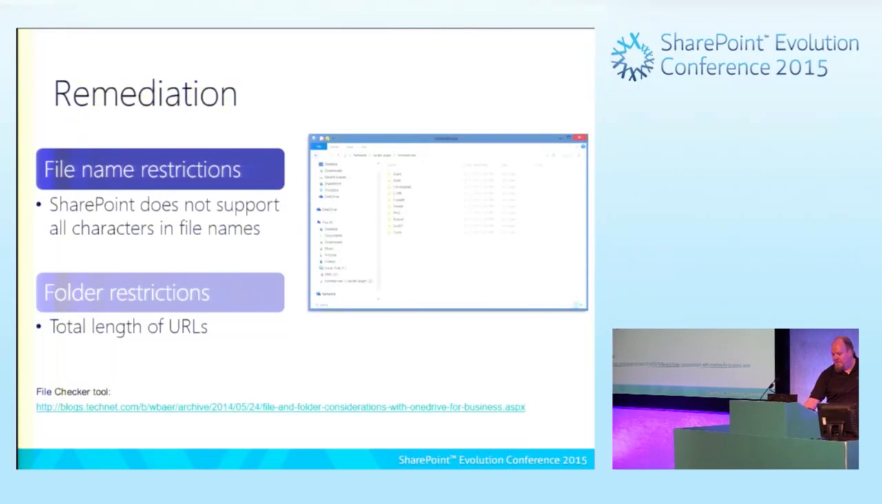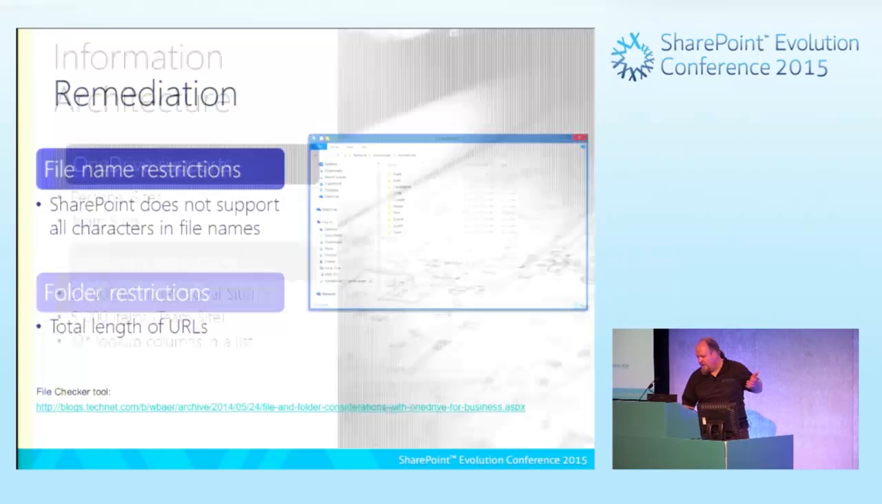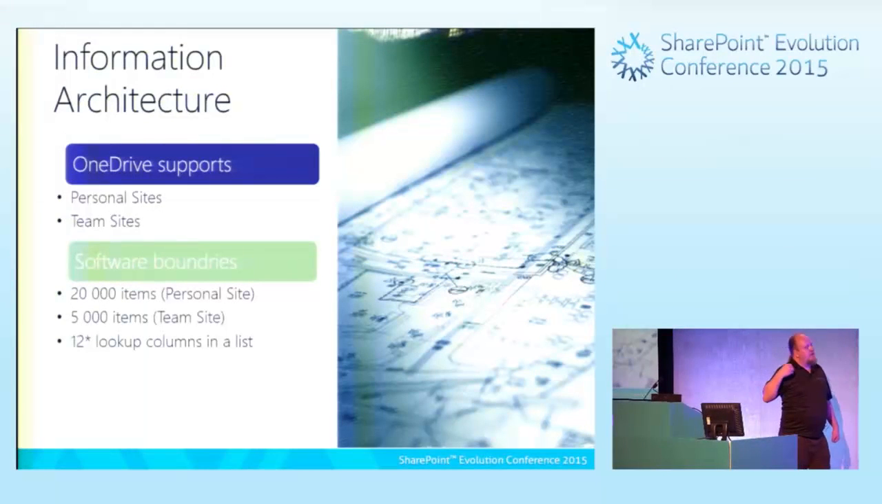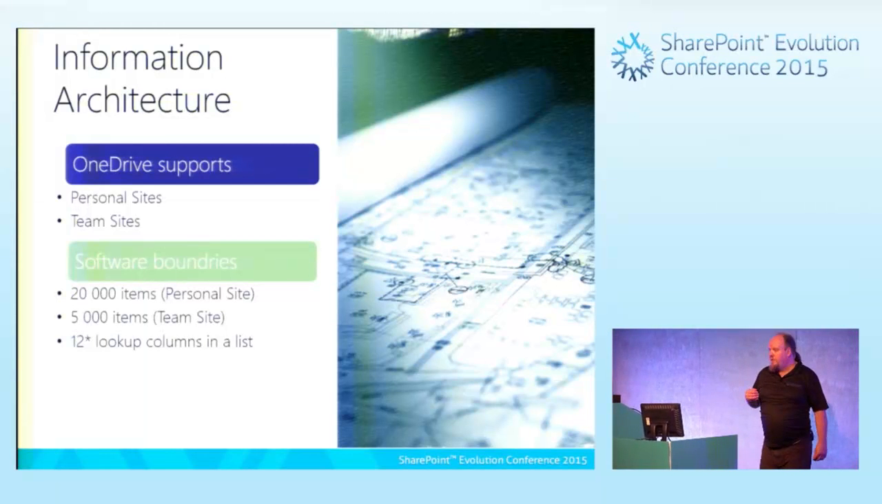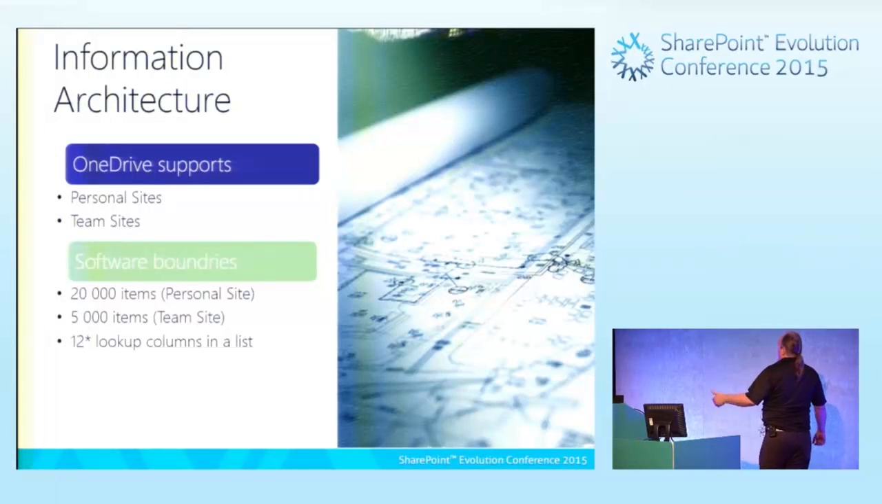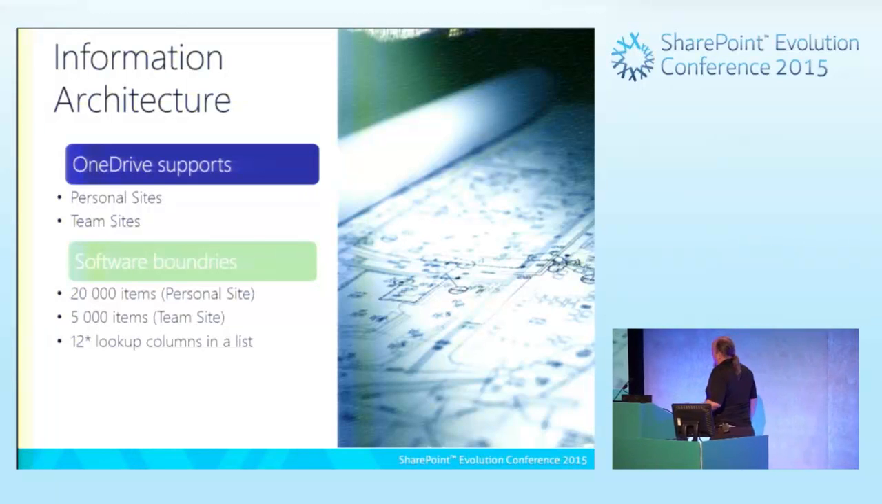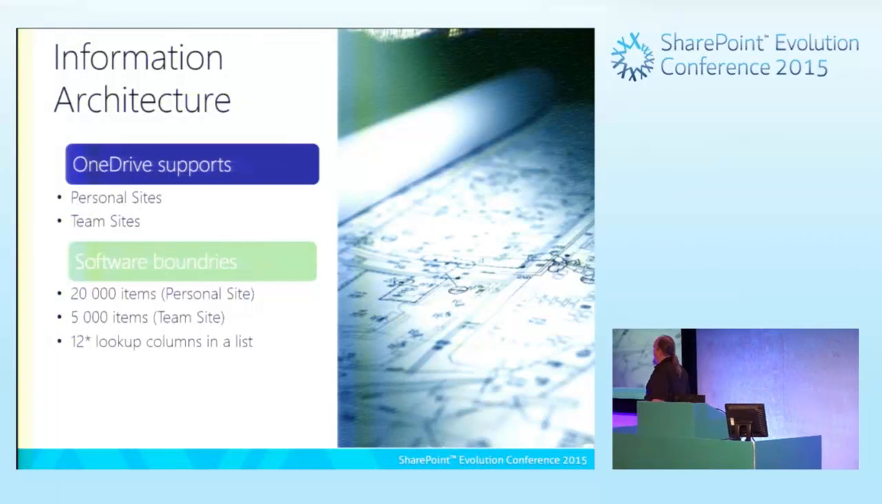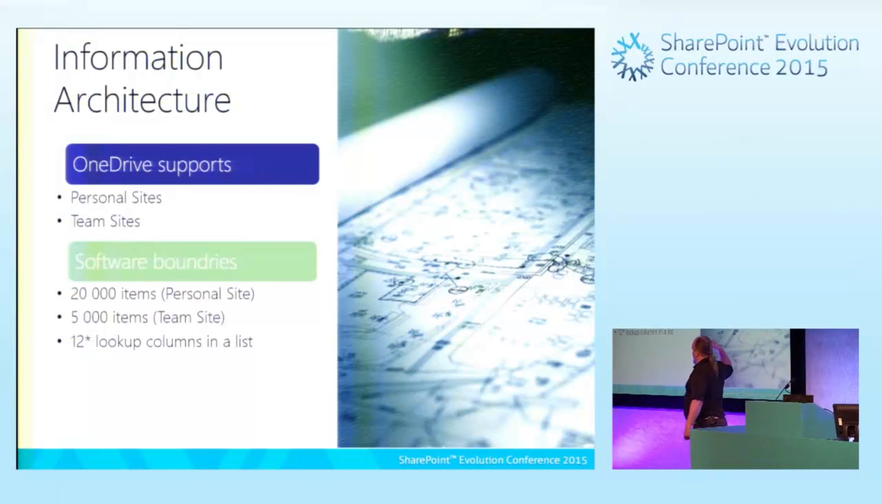Once you have done those remediation activities, the next thing that you should do before you start executing your migration is think about the information architecture, because OneDrive supports synchronization from personal sites and from team sites. Today we have a limit where we only support synchronization of 20,000 items from a personal site. To me, this is a bit annoying because we've announced that we have unlimited storage, but we can only sync 20,000 items. And today, the sync client doesn't have any capabilities of doing selective syncs. So